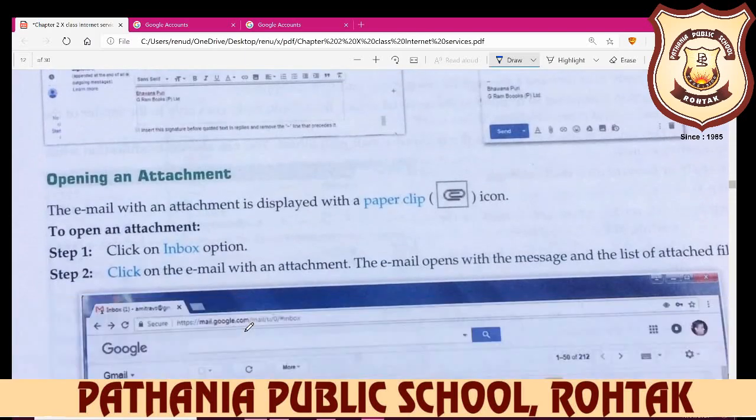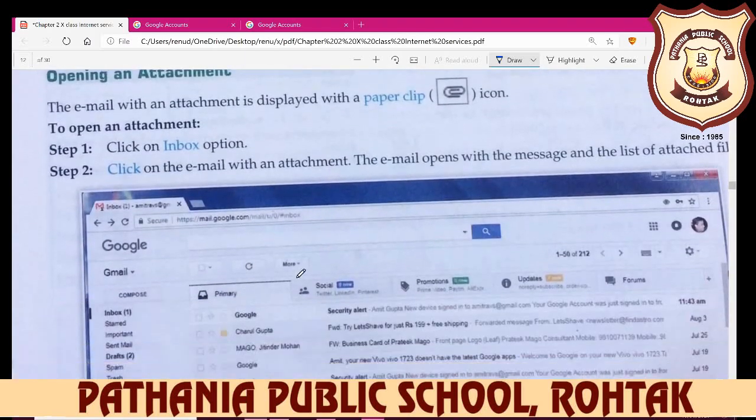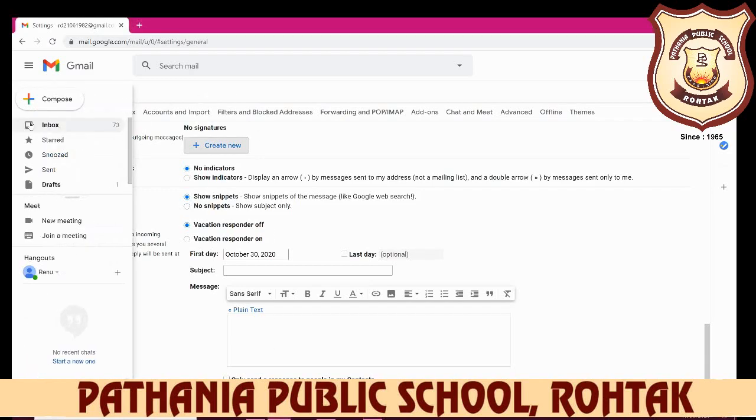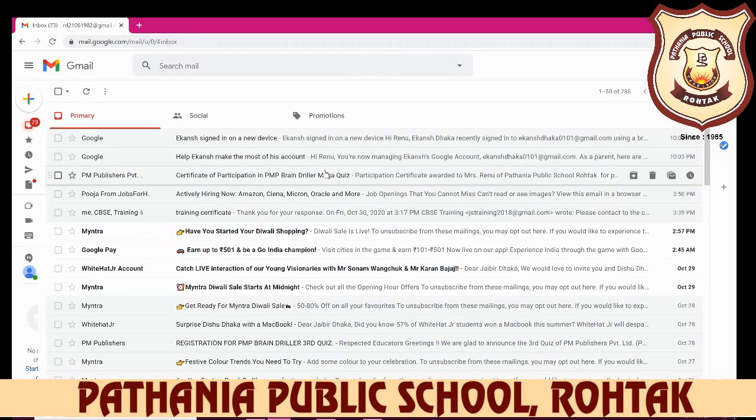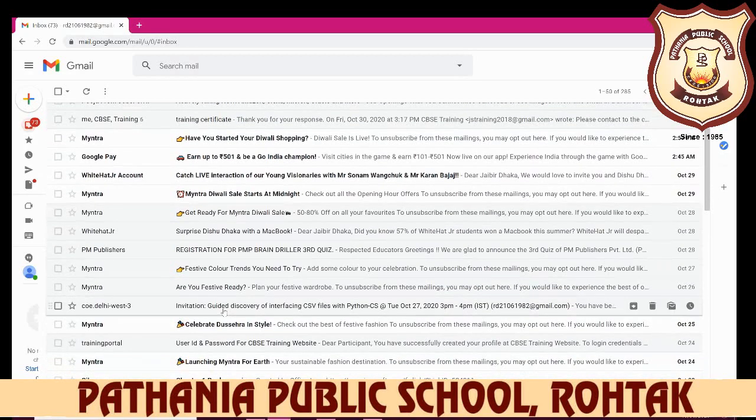And how to open an attachment, how to open the attachment in an email. So again open your email ID, and after that click on the inbox of your email ID, and it loads your emails. For example, I have chosen this one.